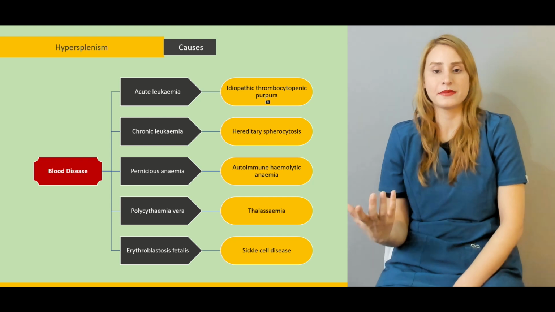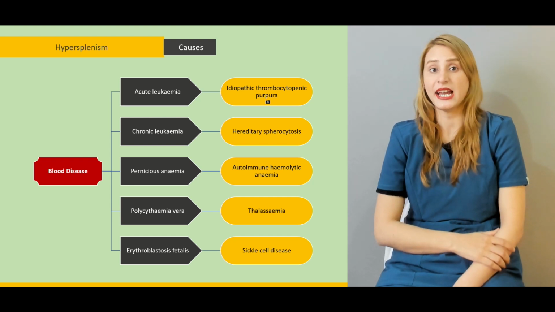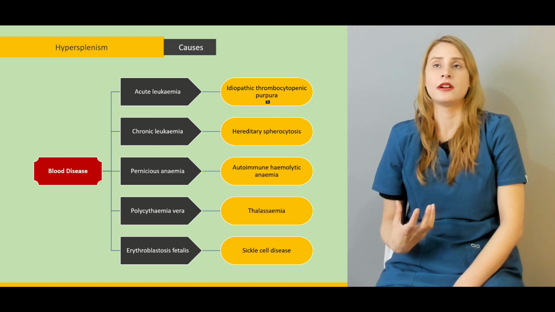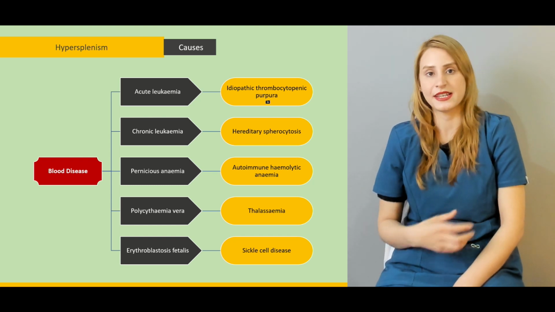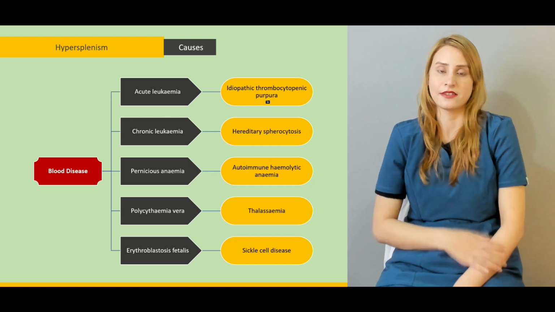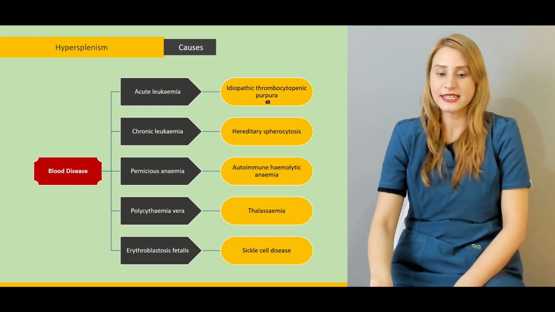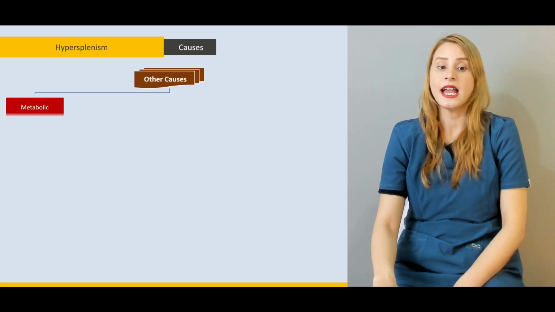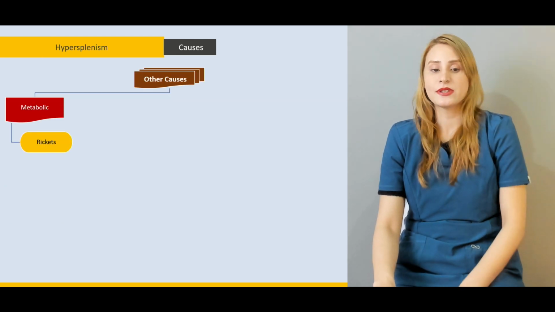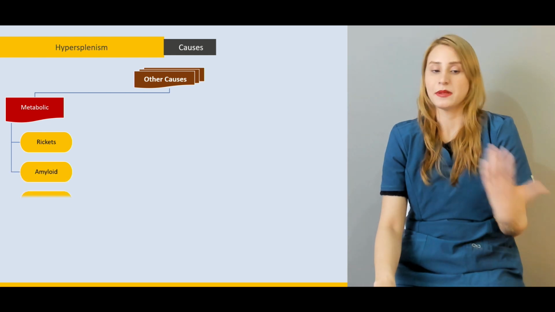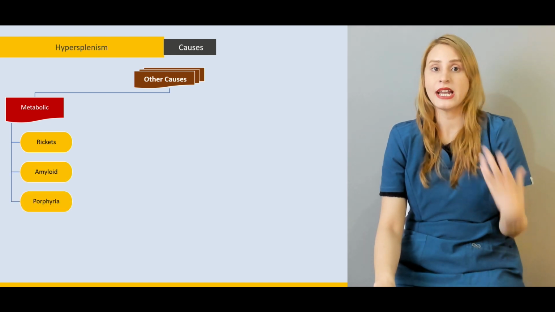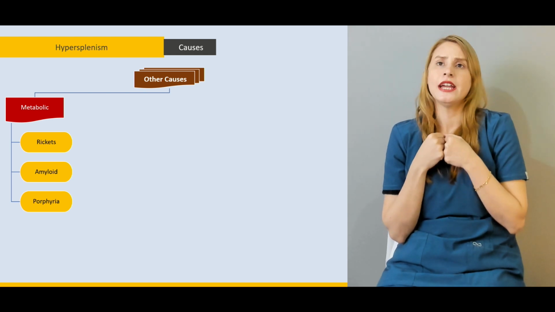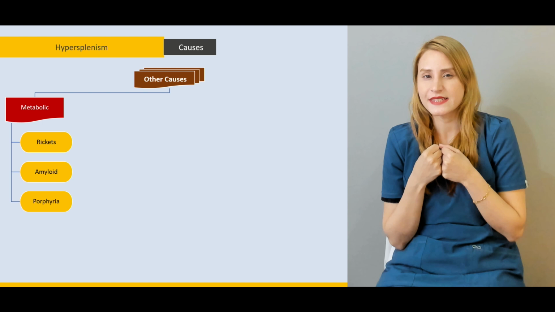And they also present to you with splenomegaly, because again there's a lot of destruction of the hemoglobin and RBCs, and altogether they lead to the formation of splenomegaly. Then sickle cell disease and erythroblastosis fetalis are causes of splenomegaly. Now, if we talk about the other causes, there can be rickets, amyloid, and porphyria, which is a kind of metabolic disorder in which